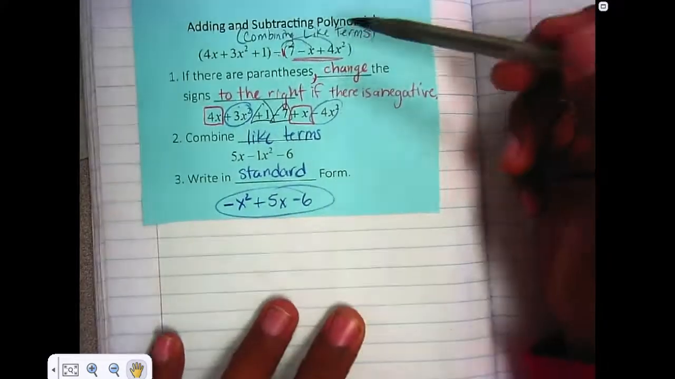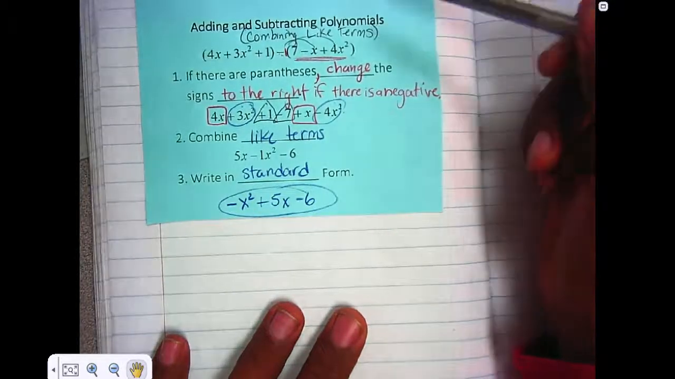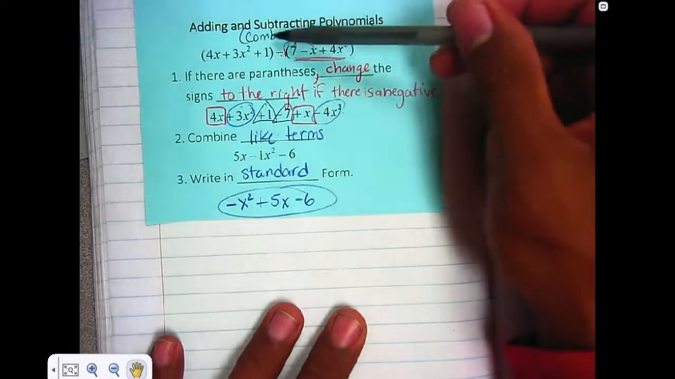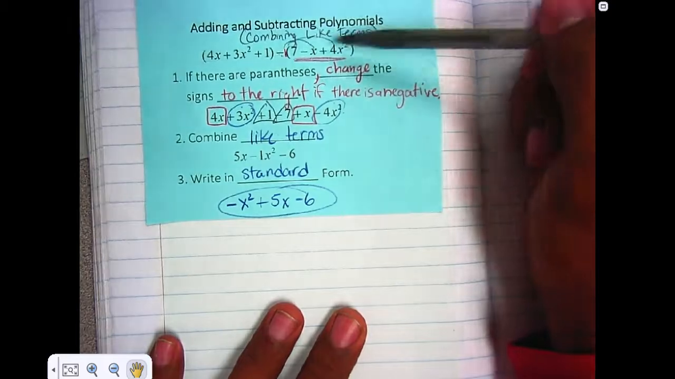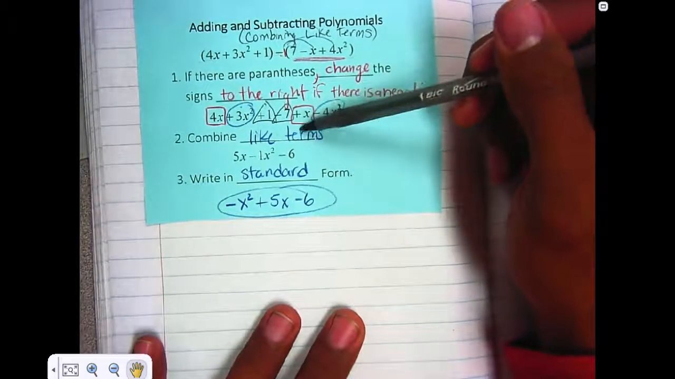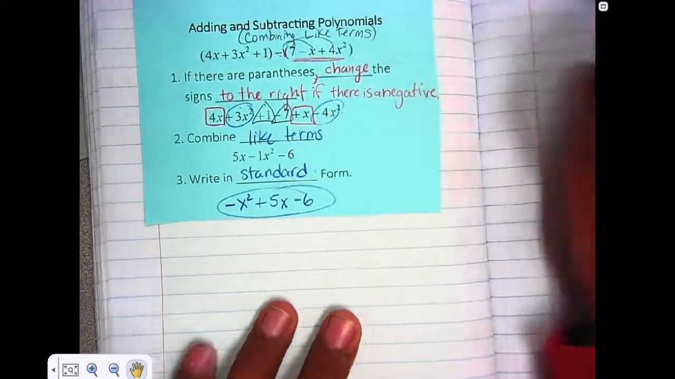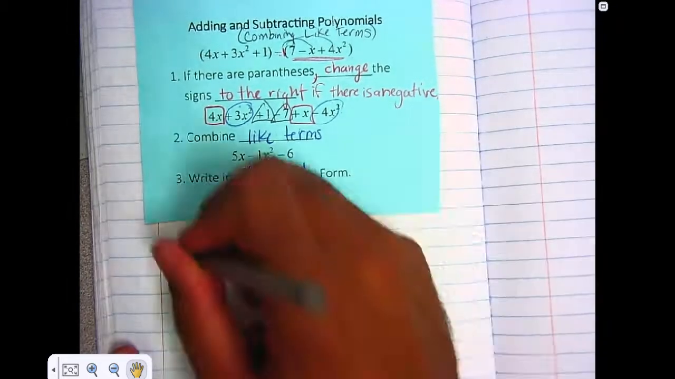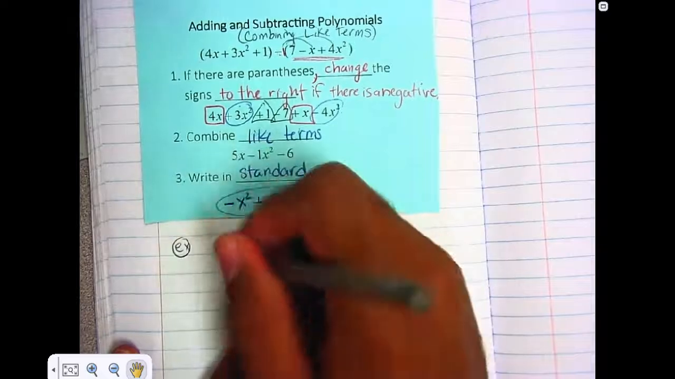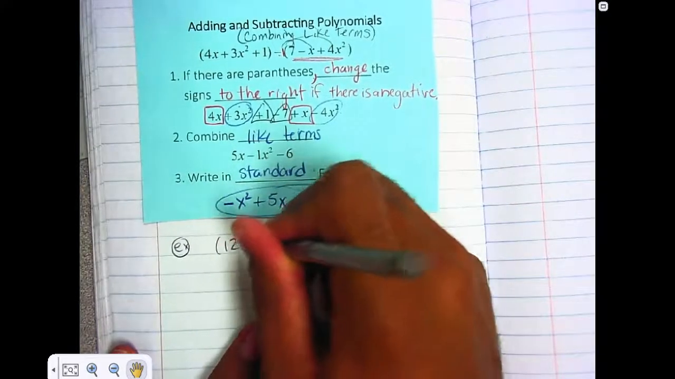So yesterday we were talking about adding and subtracting polynomials. Remember, this is the same thing as just combining like terms. But sometimes we have to simplify before we actually combine the like terms. And then the last step is always putting it in standard form. Okay, so the first example I want to show you, and I know fourth period you already got this one, so you could skip ahead if you need to, but third period you didn't,